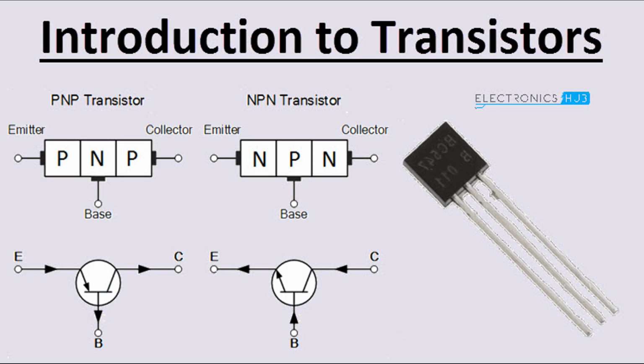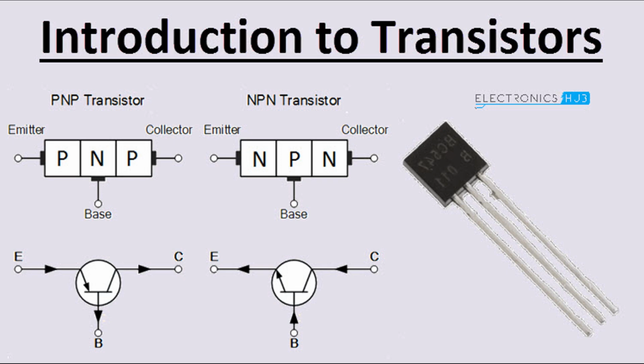The operation of a UJT involves the following stages. Off state: when no voltage is applied to the emitter terminal, the UJT remains in the off state, and only a small leakage current flows from the base terminal. Peak point: as a positive voltage is applied to the emitter terminal, it creates a forward bias on the emitter base junction. This allows the base region to accumulate charge and creates a potential barrier at the intrinsic region near the emitter. When the voltage reaches a certain level, called the peak point voltage, VP, the UJT enters the peak